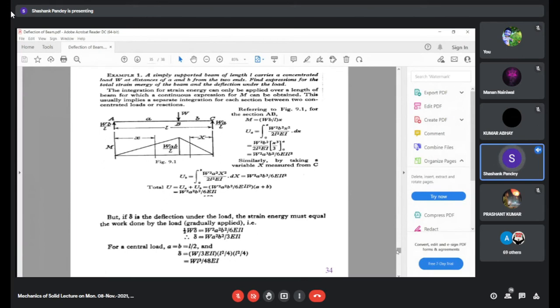And in case you have this load acting at the mid span of this beam, that is at the middle portion of A and C, then A and B will be replaced by L by 2. So if we wish to determine the deflection under the load W, we will equate